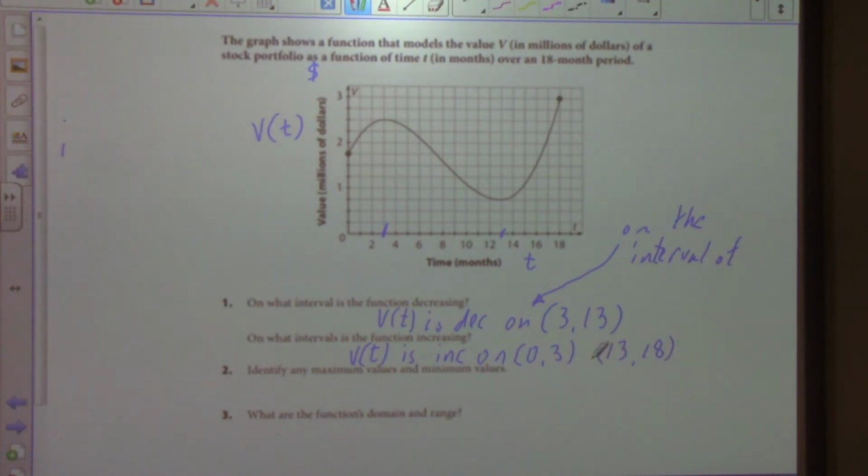And what do we put in between these two intervals here in interval notation? A U, right? Yeah, thank you, Ben. Interval notation, U. Very good. The next, any questions on this so far, on 1 and 2? Okay, identify any maximum values and minimum values. Okay, so we have a maximum value of